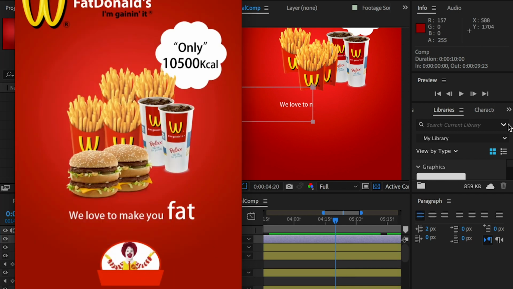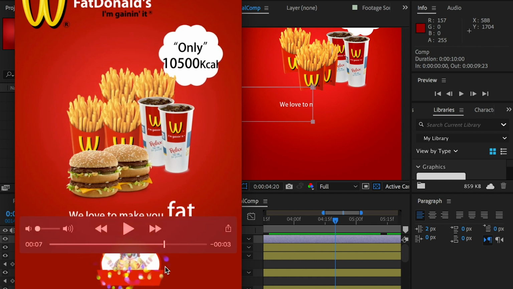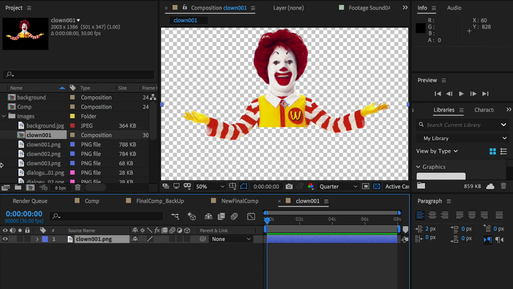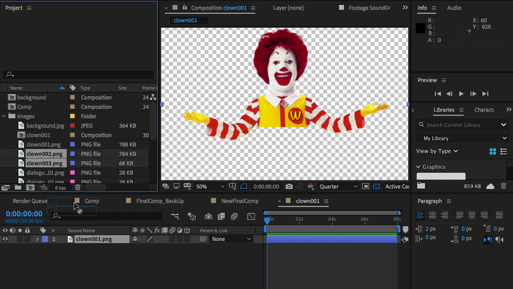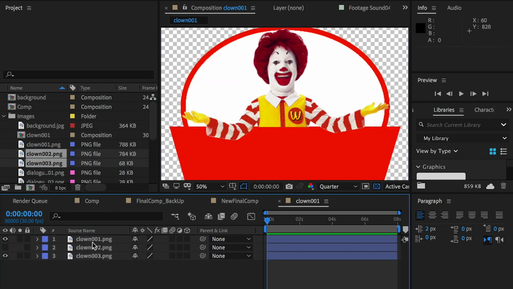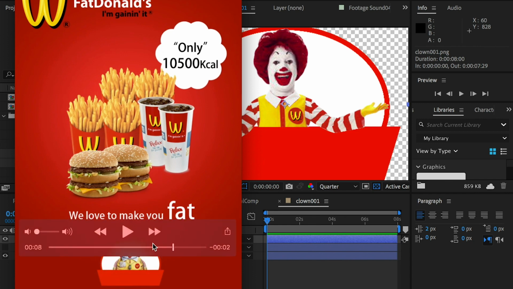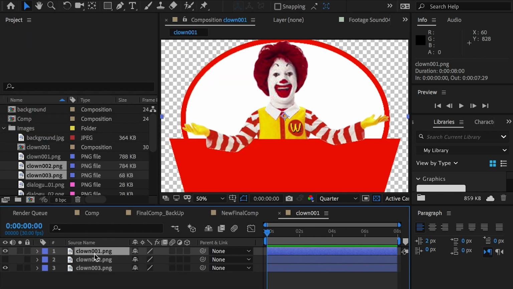And then is the switch of this thinner guy to this fat guy. And this is how it works. Then we can go to the clone, select the first one and create a new composition. We want it to stay in the composition, and then bring in the second layer and third layer in here. For the thinner guy, as you can see, I have him waving his arm in the beginning. So you can use the puppet pin to do that. Select the layer and